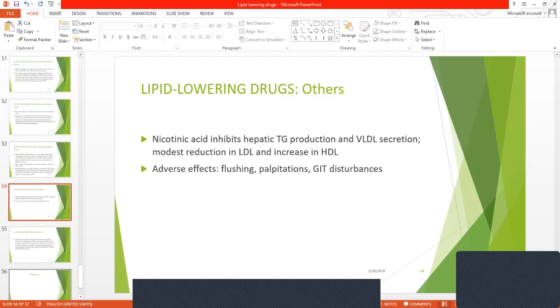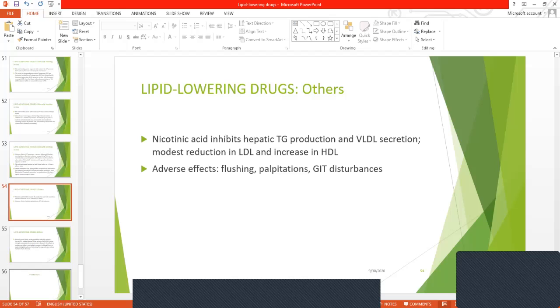Its side effects: most people experience a harmless venous vasodilation and sensation of warmth after each dose when niacin is started or the dose is increased. Taking a small dose of aspirin half an hour before the niacin blunts this prostaglandin mediated effect. Naproxen also helps in mitigating this flushing.